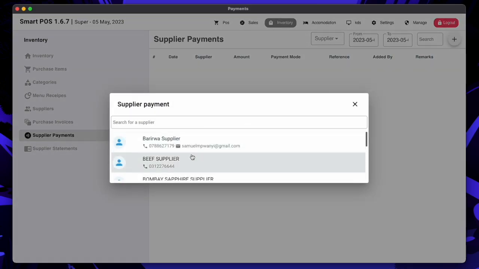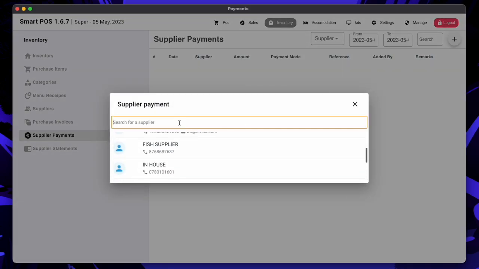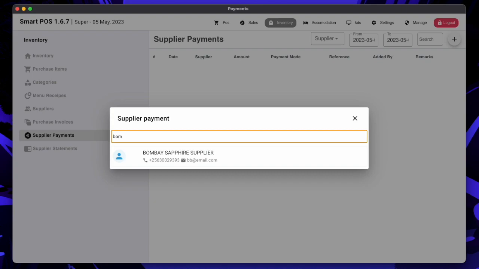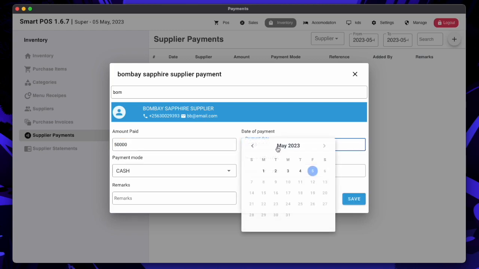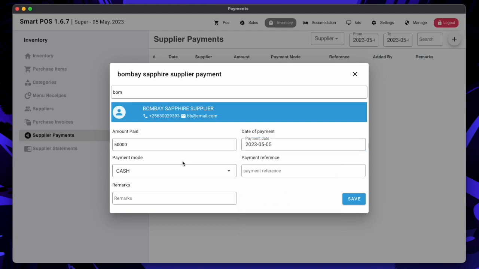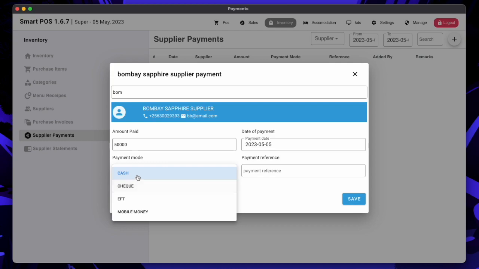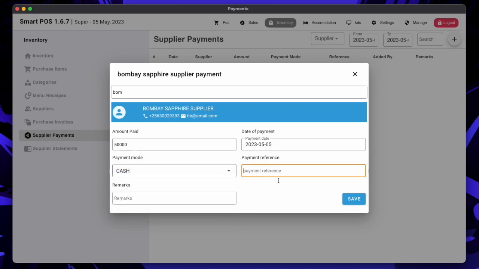You have an option to select a supplier, Bombay Sapphire. So I want to make a payment of the amount of money. I'm gonna make a partial payment of 50,000. So this was today. Maybe we gave him yesterday, but I'm gonna keep it to today. So we paid him cash, for example. It could be any. I'm gonna stick to cash. I'm gonna say part payment